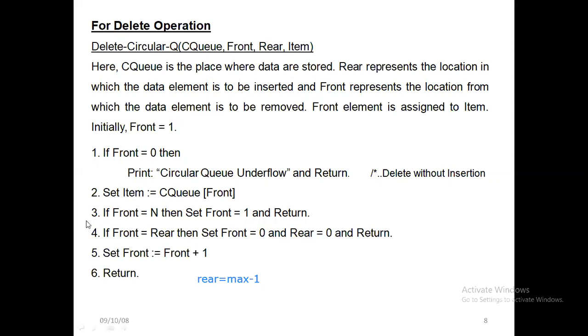See, this is the third step that you have. This third step, that's the thing. The main difference between linear and circular queue: when front is equal to n, it will be set to front is equal to 1, and when rear is equal to n, it will become rear is equal to 1. But this step is not possible in a linear queue. That's the main thing we have to understand.